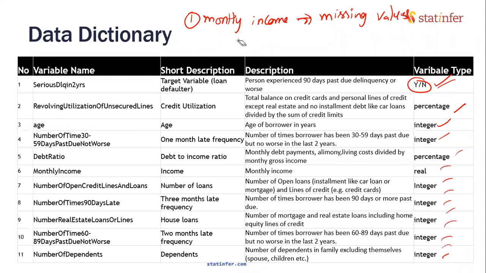Anything else that you have found? Oh, there is one more variable. Write it down. What is it? Number of dependents. It is read as a float here, not a very big problem, but it's okay. You can still deal with it. It's not as big as this. But does it also have missing values? Number of dependents also has missing values.